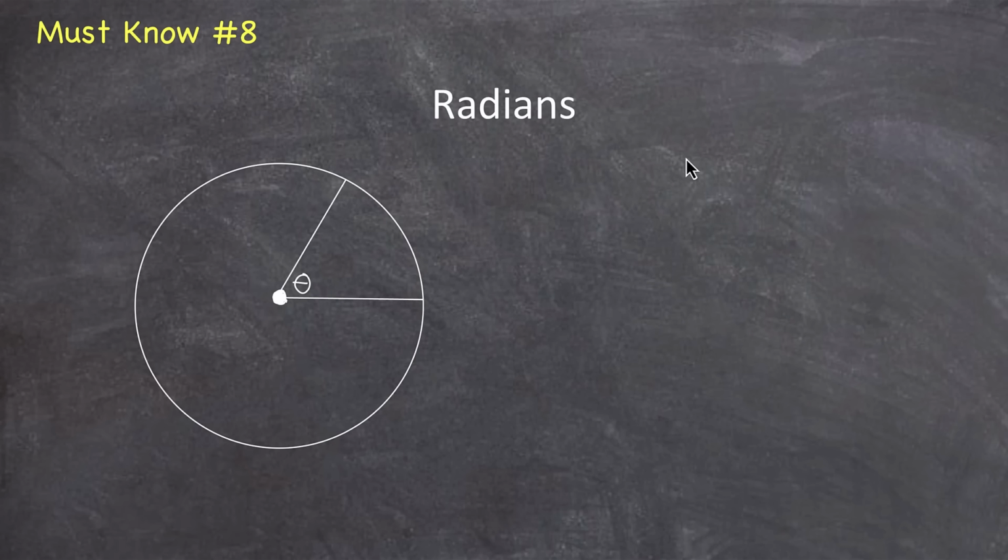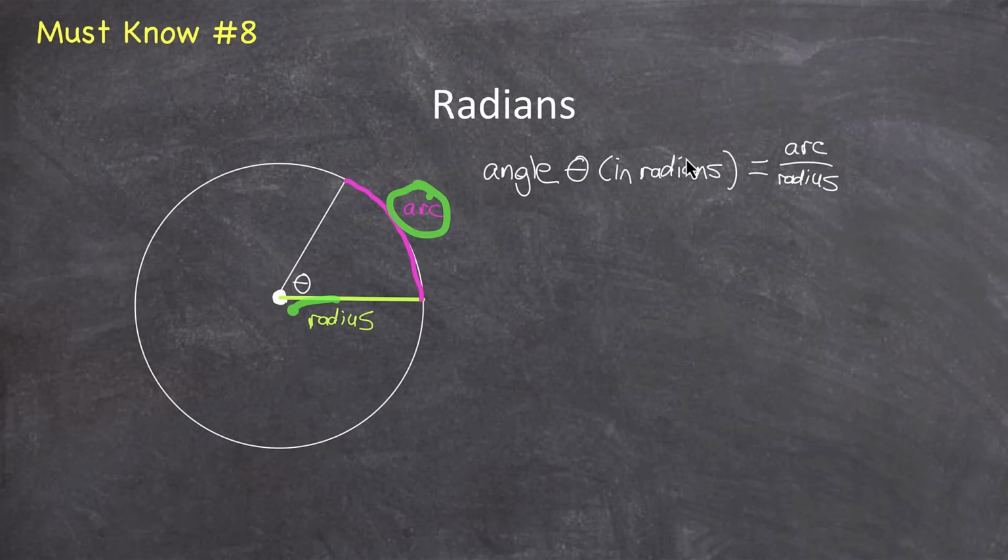In this circle that I've drawn, I have the radius here, and this right here is what we call the arc of the circle. If we were to measure this angle in degrees, we would just figure out how many 360ths of this circle this section occupies. But if we're going to measure it in radians, we're going to figure out how many radiuses we've moved around the arc of this circle. And how we figure that out is we use the formula, the arc length divided by the radius. So whatever the ratio of this arc length divided by this radius is, that's the measure of that angle in